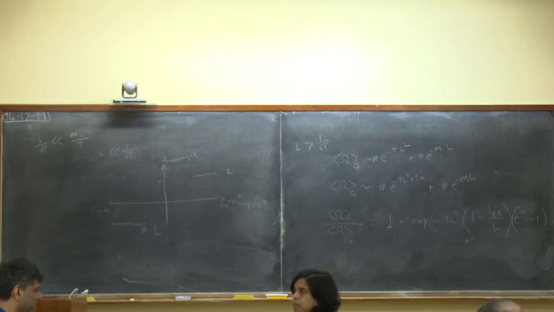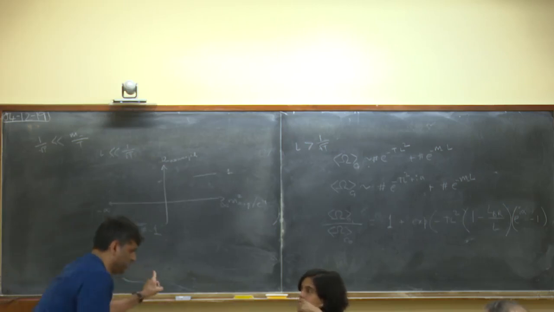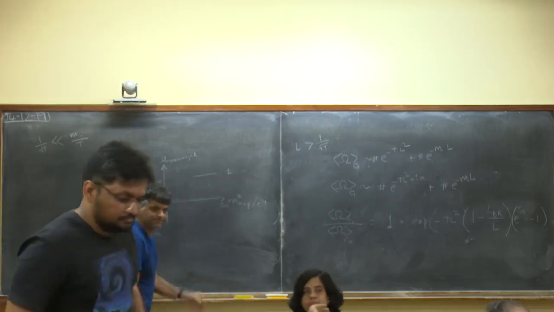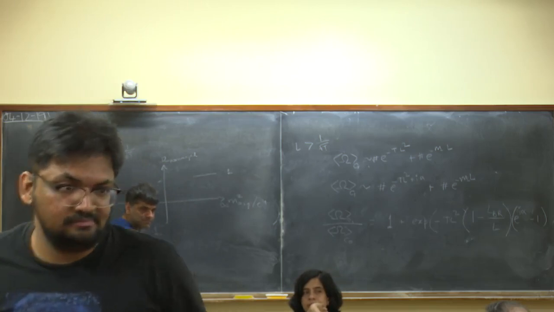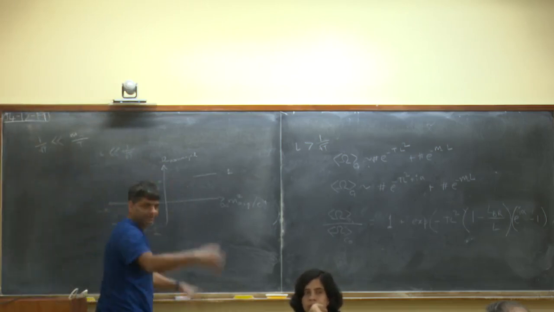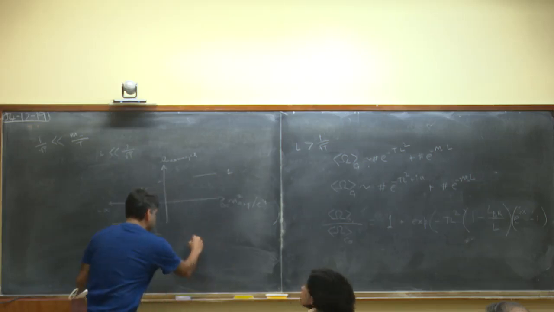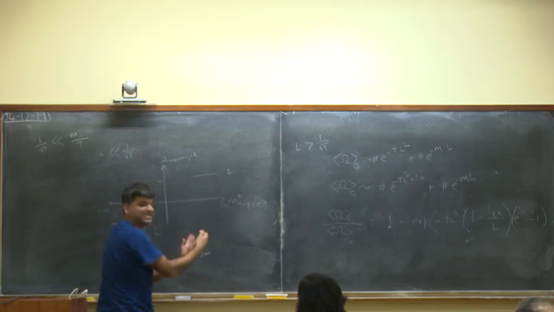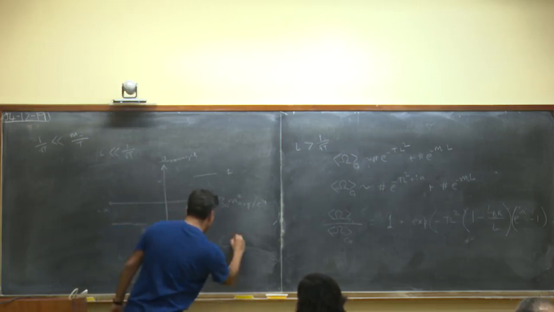But what is wrong with the infinite L limit of this divided by this? So what is your L? The size of both loops. L is not going to be the size of a box. No, the box is infinity to start with. Suppose I take the limit L goes to infinity. L scaling, I scale the whole thing.